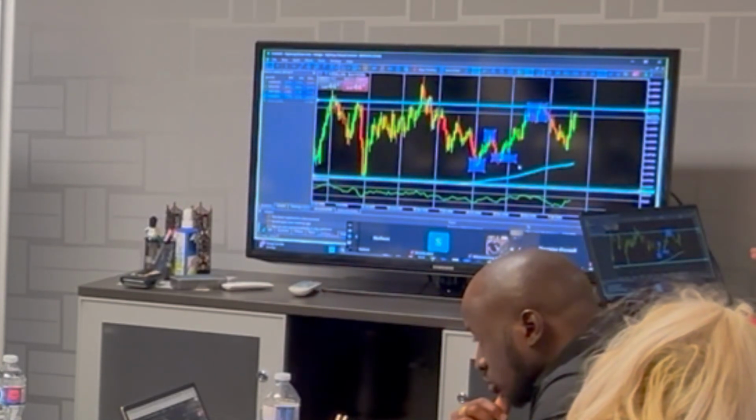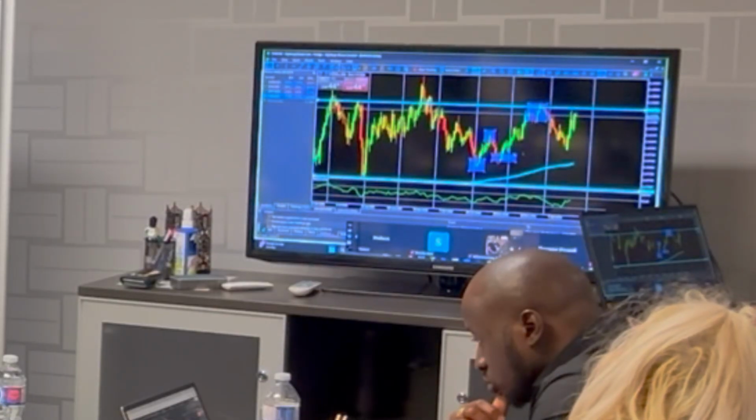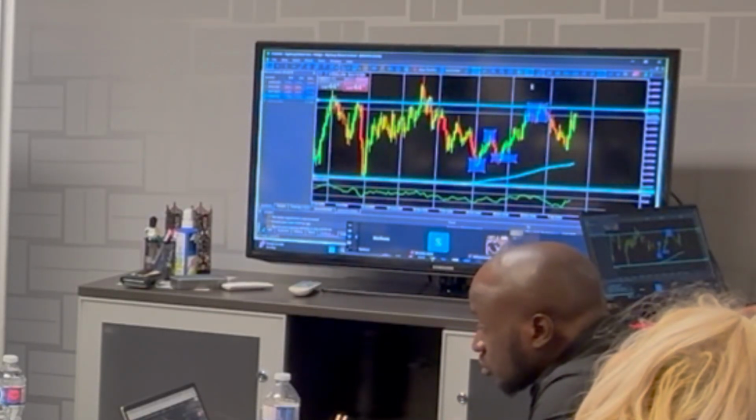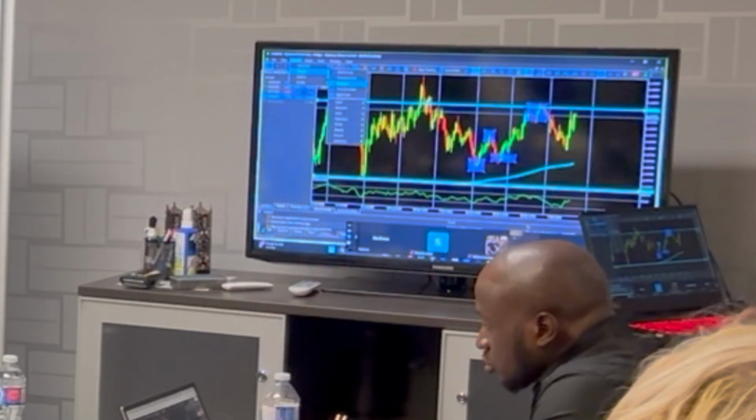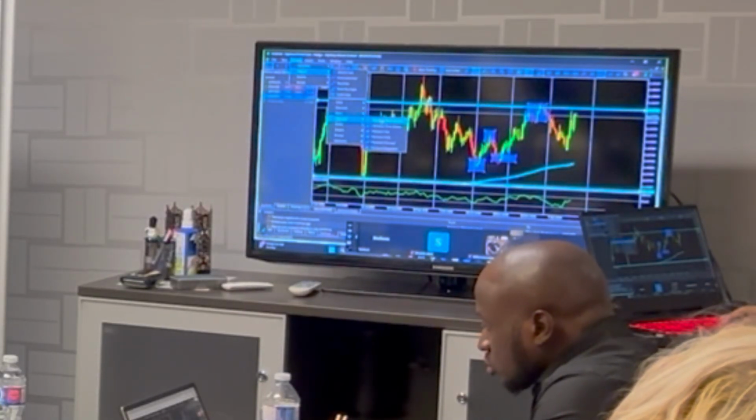So the next thing to do here, as you guys can see, you have your low, high, higher low, and higher high, right? So now you're going to grab your fib again, and you're going to place it from the most recent higher low to the most recent higher high. And